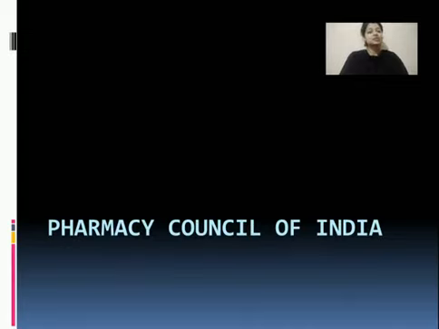In our last lecture, we started with the third unit and the first topic in unit first was the Pharmacy Act. And yesterday we discussed the introduction of the Pharmacy Act, and today we will be studying about the Pharmacy Council of India, its objectives and functions, and we will be studying about State Pharmacy Council and Joint Pharmacy